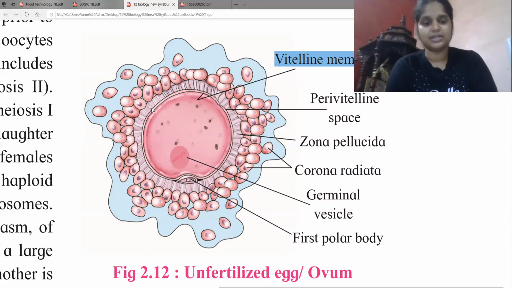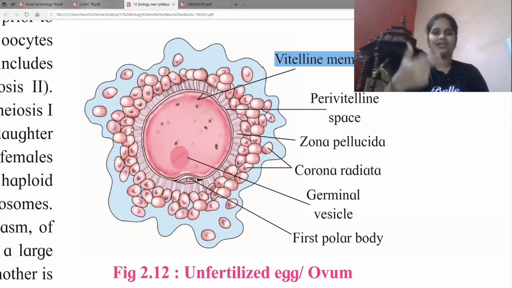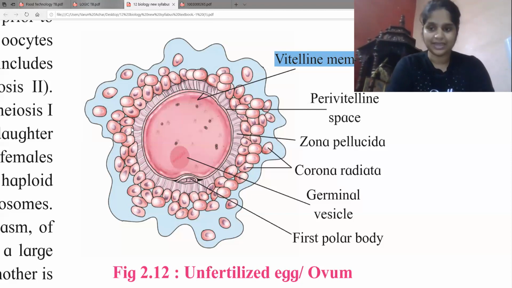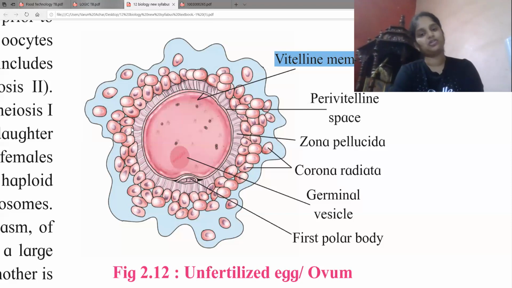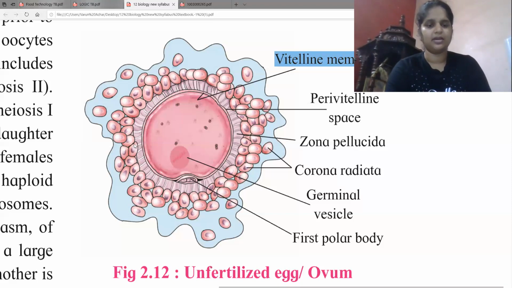Now just attached to your zona pellucida itself, you have some remnants of granulosa cells. We remember granulosa cells, the cells which were coating your primary oocyte in the ovary. These granulosa cells, which we also called germ hill, discus proligerus, cumulus oophorus, will be attached to your zona pellucida, and they will be giving out some ray-like structures, appearing as if they are the rays of the sun. These ray-like structures will be called the corona radiata.